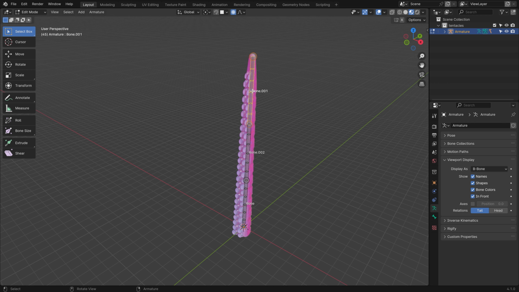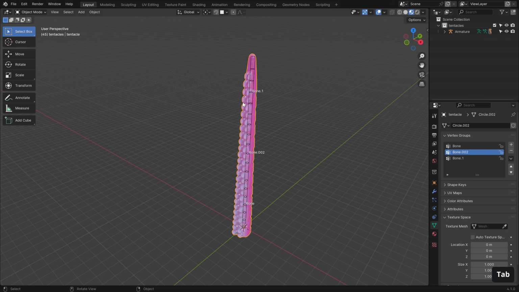into edit mode. Let's select one of the bones and press F2 to rename it and maybe remove the two zeros here. And now in object mode, let's go back to the mesh and you can see the name of the vertex group was also changed. However, when I go in here and change the name of the vertex group, this change will not apply to the bone. And when both the bone and the vertex group have different names, then they will not be connected